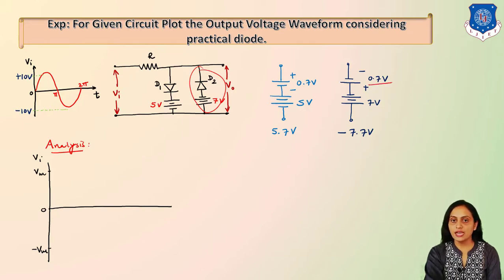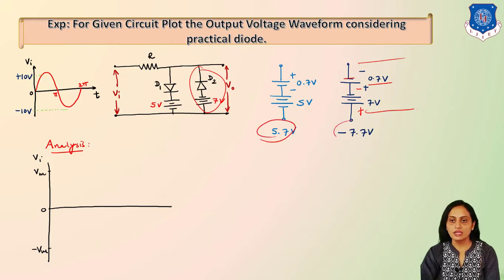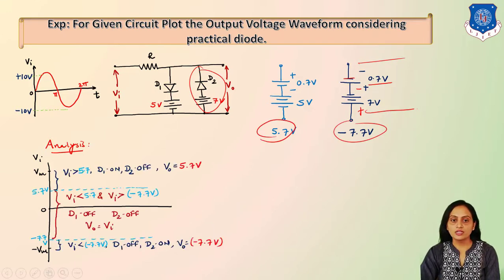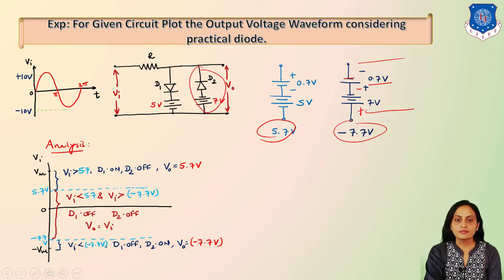It is such that minus terminal is connected towards cathode and plus positive terminal is connected towards the anode, and then battery is kept. So you will find over here minus plus and then minus plus, so it will be addition of both, so 7.7, and it will be minus ultimately. So we have two reference voltages, that is 5.7 and minus 7.7. So these voltages are plotted over here, that is this 5.7 and minus 7.7 volt.